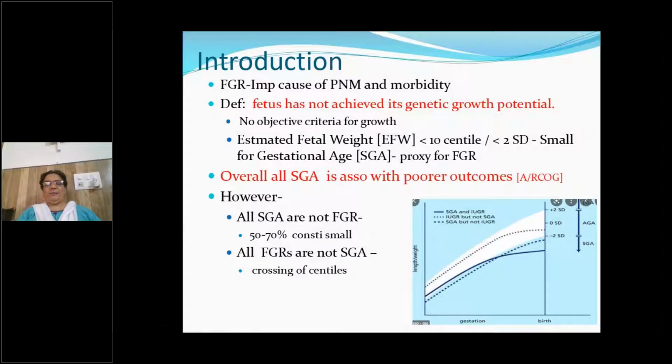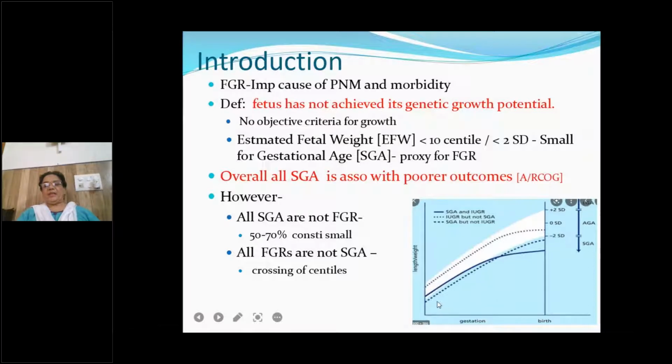First is a solid line, in which, if you look at the beginning of the graph, the x-axis is gestation and the y-axis is the fetal weight. At the beginning of gestation, the fetus is in the normal range, that is the white part of the graph that we are seeing. So it means the genetic potential of this fetus is in a normal range. But as the fetus grows, you can see it is initially in the white part for some time, and later on the growth is faltering. So this is the baby who has not achieved his genetic potential at birth and is called a growth restricted fetus.